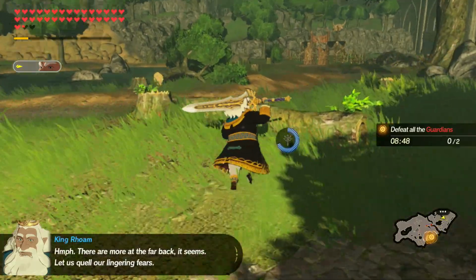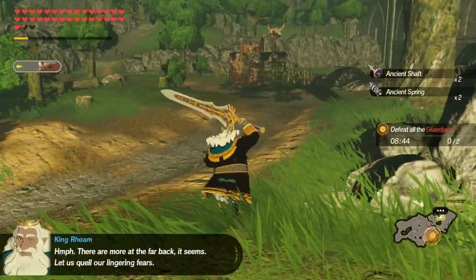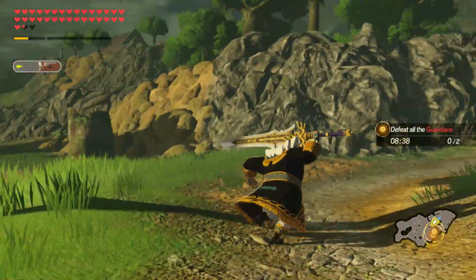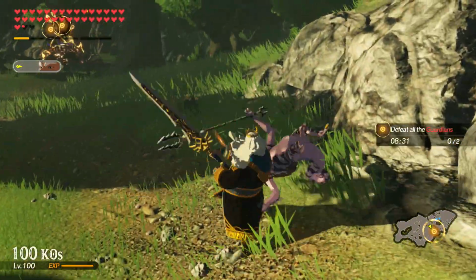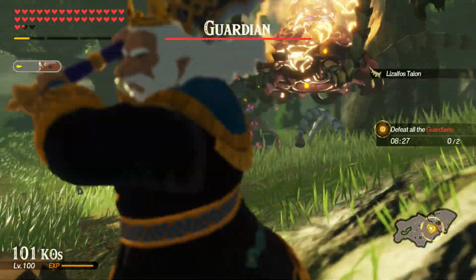Alright, so we got ourselves to our first checkpoint fairly painlessly. We got hit by a couple of Octoroks, but that's okay, because now we're relatively clear. The thing about this particular section, too, is that we're going to be fighting two Guardians at once, and it's going to be even worse if we had Octoroks constantly throwing stuff at us. And I may wish to consider...